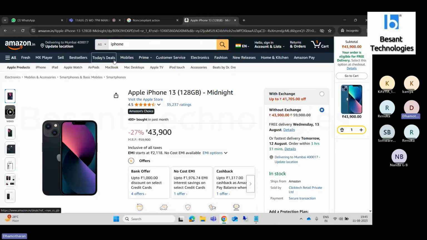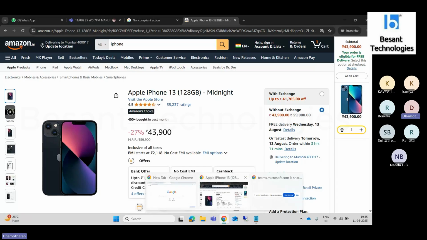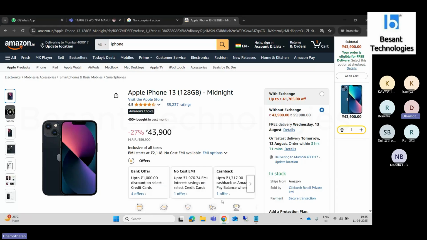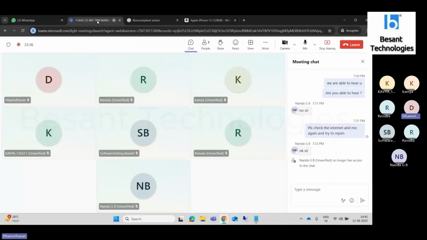For that we need to learn Java, Selenium, lots of things. Why? Because there are two things. The main thing is that for automation testing, they are giving more package. That's the first purpose, for everyone, that's the main thing, right? What we want is money. So for that, we should know automation testing.